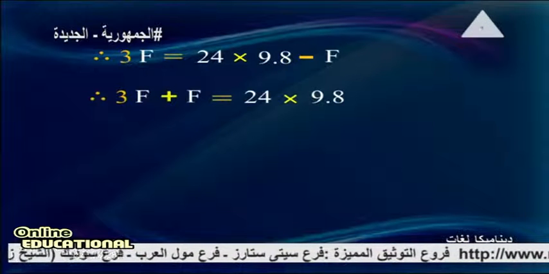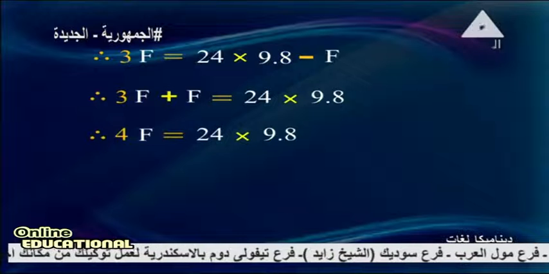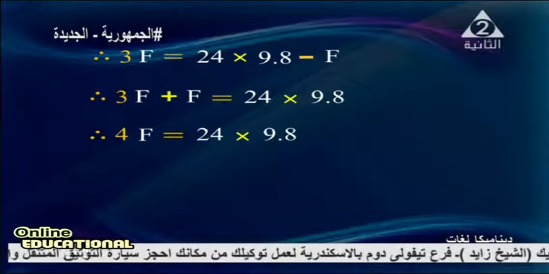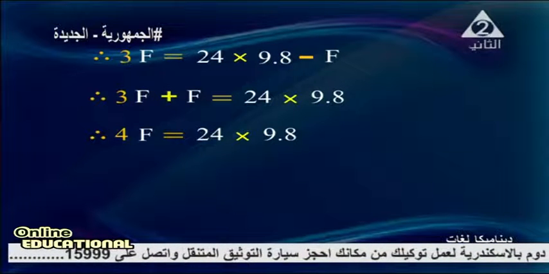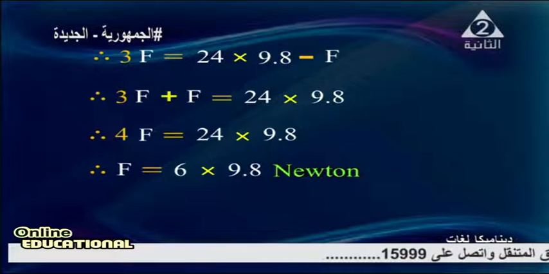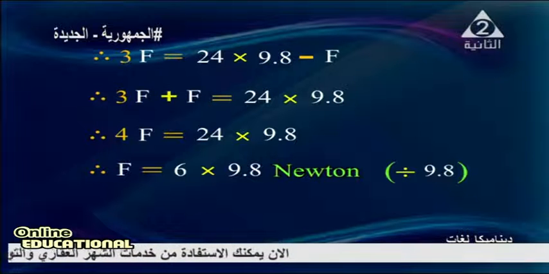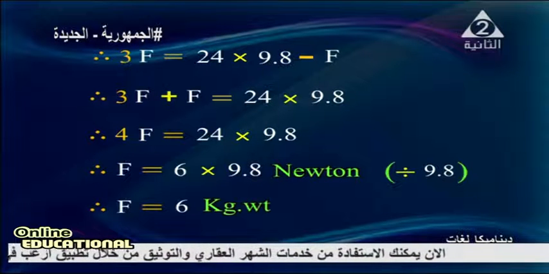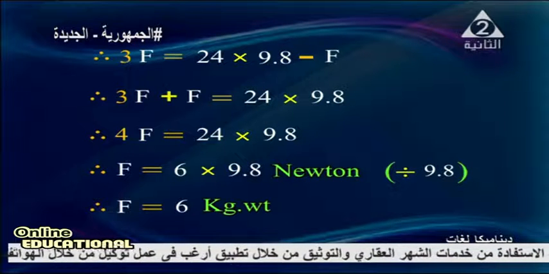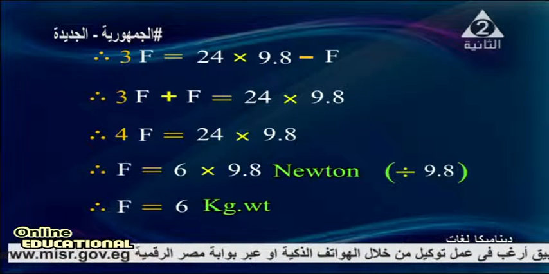3F plus F equals 24 times 9.8, and 4F equals 24 times 9.8. Then divide by 4. The force F equals 6 times 9.8 Newton. Divided by 9.8, the force acting on the body equals 6 kilogram weight. Now, the second case,